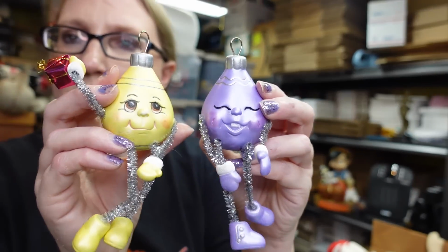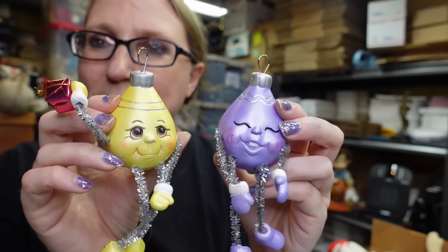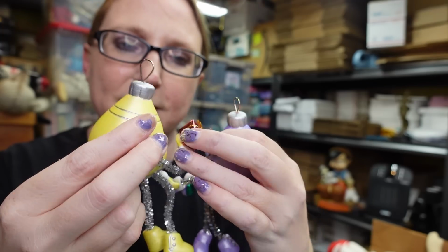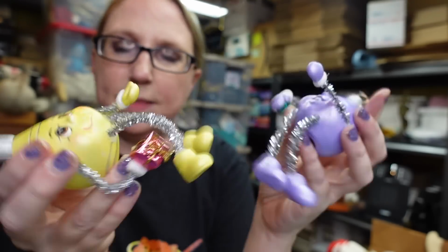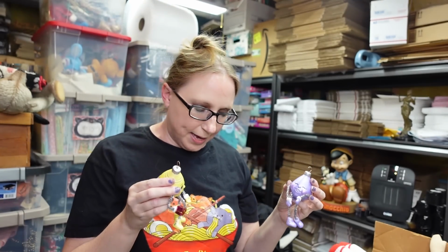$19.99. I also have these cute little whimsical shelf sitters. They are ceramic, shaped like Christmas ornaments. There's a purple one and a yellow one, and the yellow one is holding a little present. Put his arm down there. So they're very, very cute. I don't know who made them or anything like that, but I listed them as the pair for a buy it now of